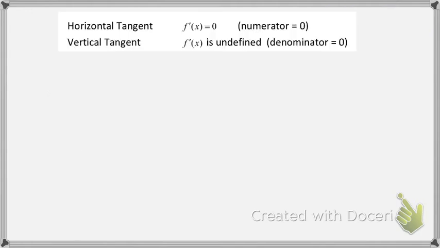Okay, tangents. Where does f of x have a vertical or horizontal tangent? That has to do with slope. Horizontal tangent has a slope of 0. Vertical tangent has a slope that's undefined. So, since it has to do with slope, you find the derivative, or maybe they gave you the derivative. If the derivative was given, like this guy,